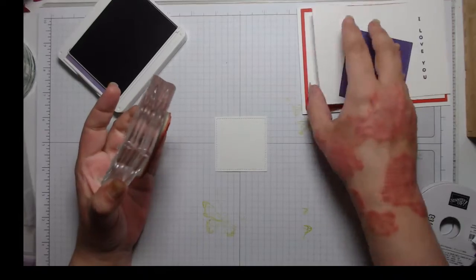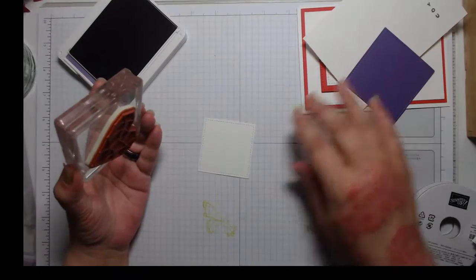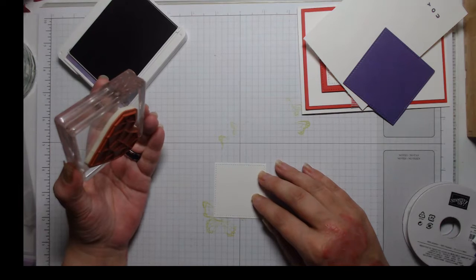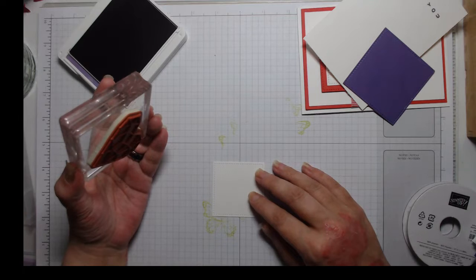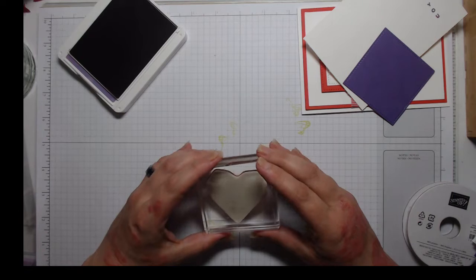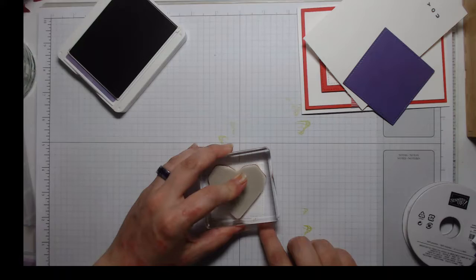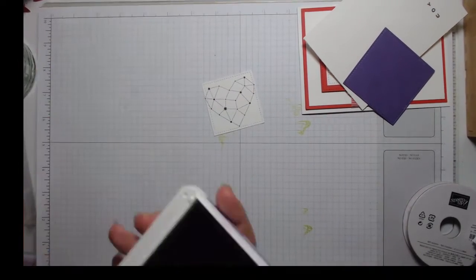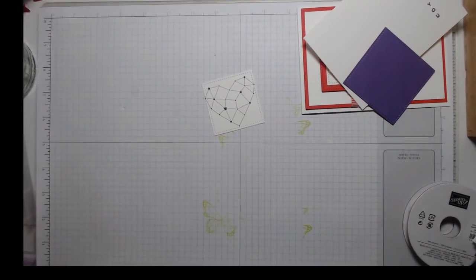I got the wrong square. No, it's just a very tight fit. Okay, I'm going to bring this a little bit closer to me so I can make sure I get it all on. So I'm going to put that there. Lean in a little bit. Wish me luck. Ta-da! That's not bad, is it? So we'll put the ink away up there,